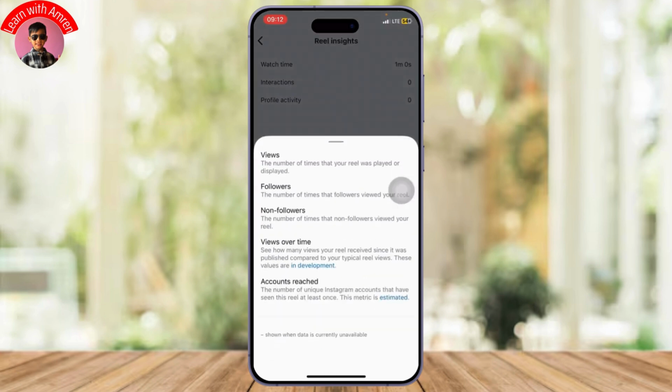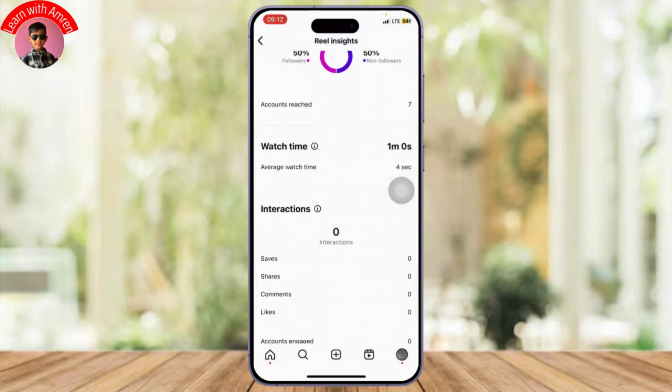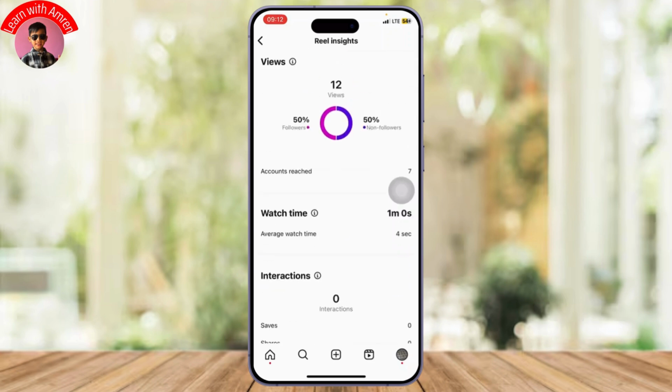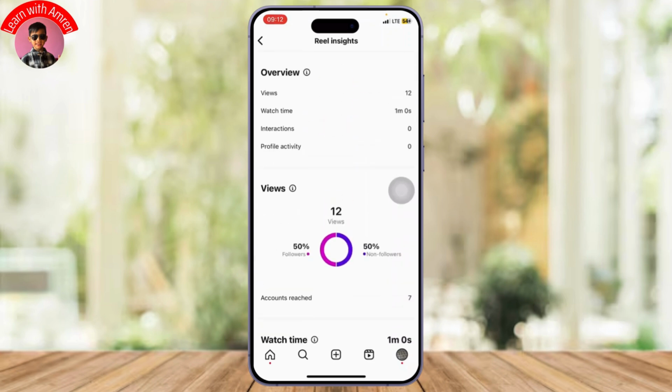So if you just check this out, and if you just try to look around here, you will find out that you cannot actually see who has viewed your Instagram reels. The one way you can know is by the likes you have received. Now if you have received likes on your reels, you can say that those people have watched your reels. Other than that, there is no way you can know who else has watched your reels on your Instagram.